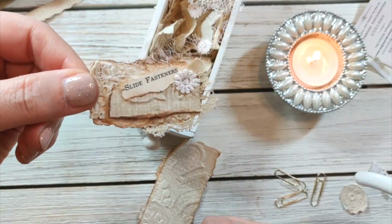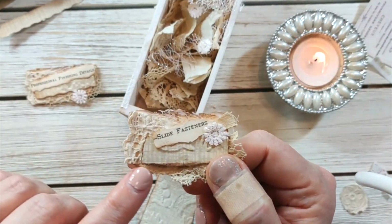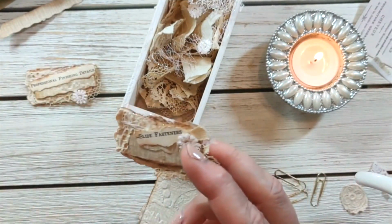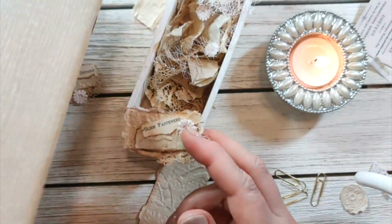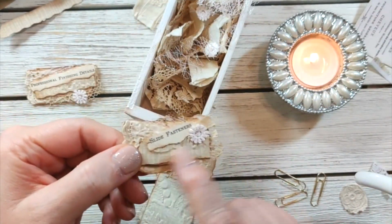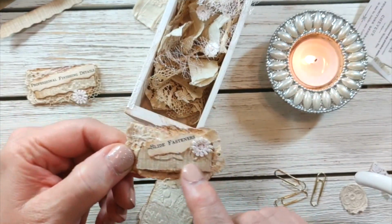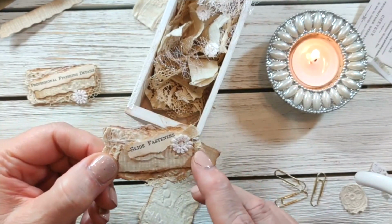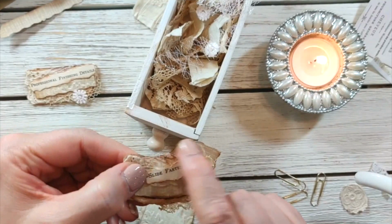This one was called Slide Fasteners. So I just used a couple pieces of paper, layered them over the top. Then I added this piece of that folder that I just showed you. That's this paper right here. I ripped this paper up. The one I glued on, I used some of it as the backing for this that didn't have glue on it. So I went ahead and I used this right here because I love that linen look. It has like a linen color texture. I can't explain it. Anyway, underneath it, I added some laces and trims,